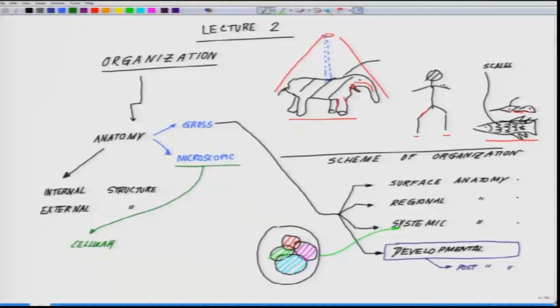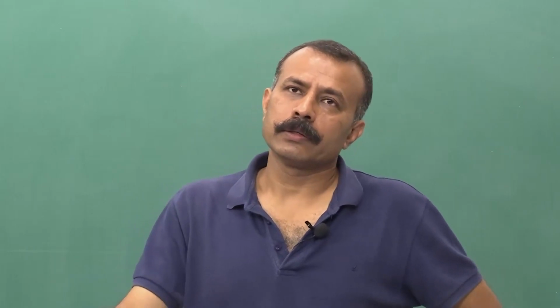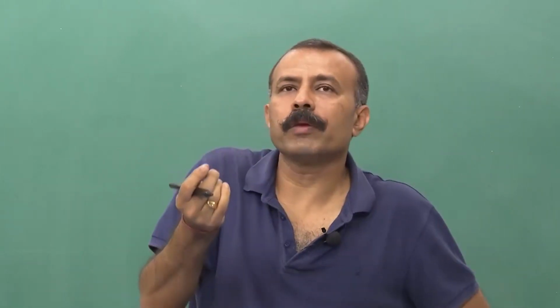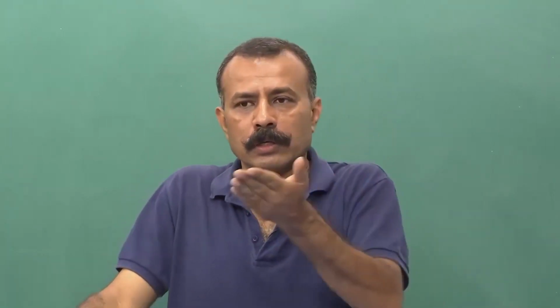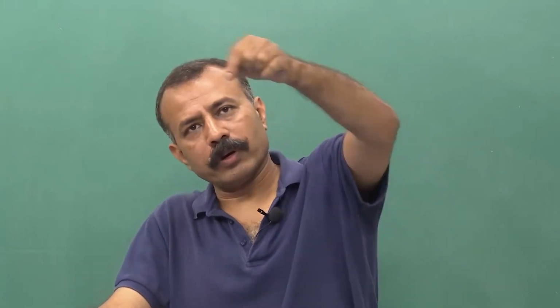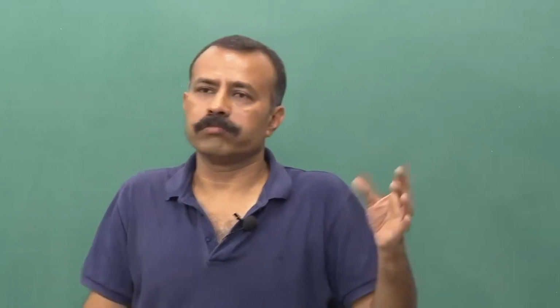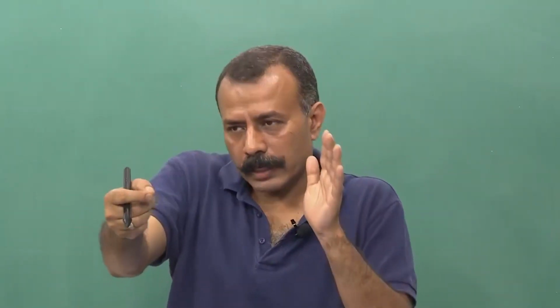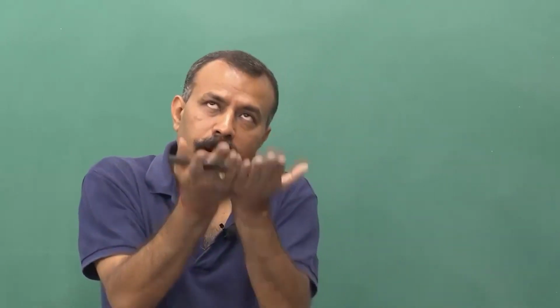So cellular anatomy is the microscopic level, and the next level is histological, where you take a section of a whole tissue. Cytology pertains to the cell, histology pertains to the tissue. Say, for example, you want to study the tissue of the heart. You take a section. By a section I mean, for example, as all of you have seen with cheese, or when you remove the wrapper from a Cadbury or any chocolate, it is almost like a thin wrapper you are removing, and you take that thin section under the microscope and